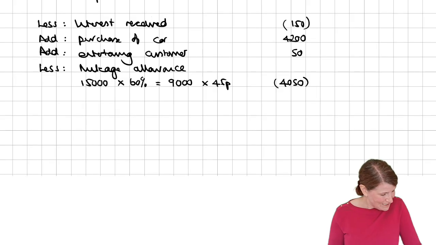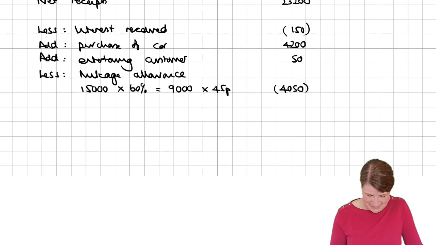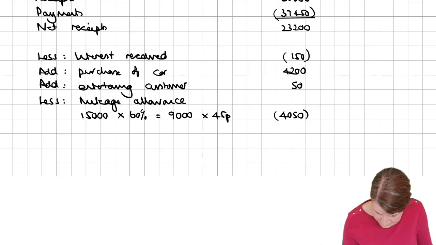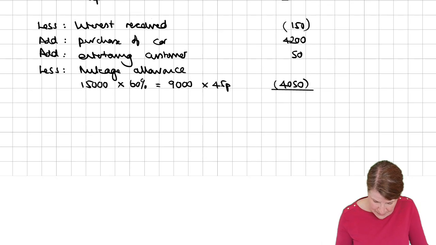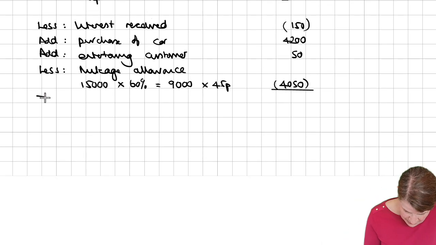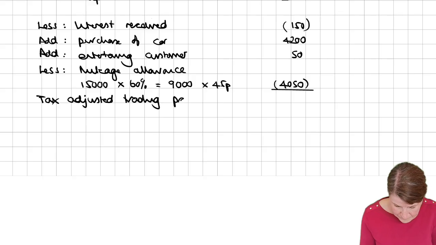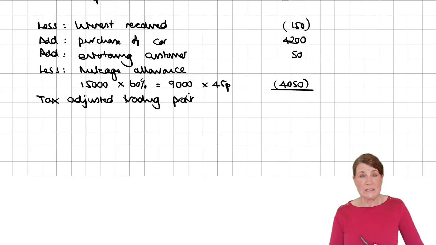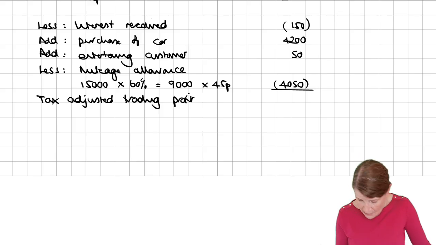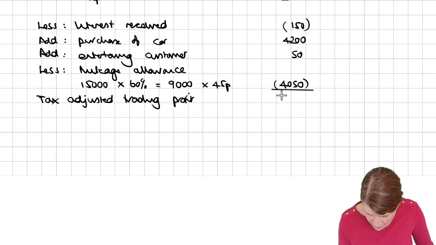Nearly as much as the car itself. But hey, so we can rule that off, and that gives us our tax adjusted trading profit. There's no capital allowances to claim under the cash basis unless it's cars, and we're not claiming capital allowances on cars in this one because he's claiming the fixed rate mileage allowance instead. So there's nothing else to deduct from that figure, and that gives us 23,000